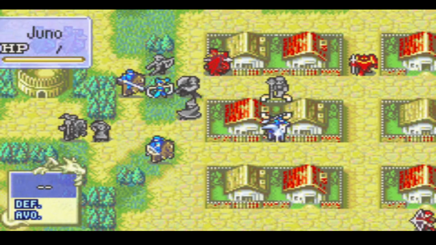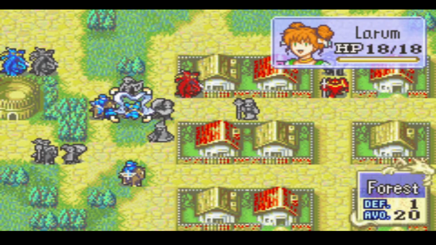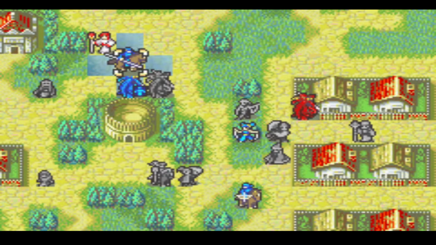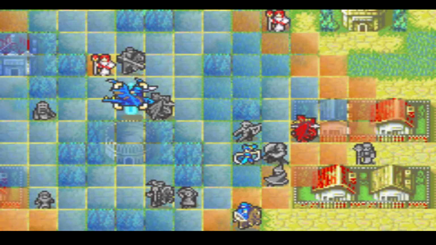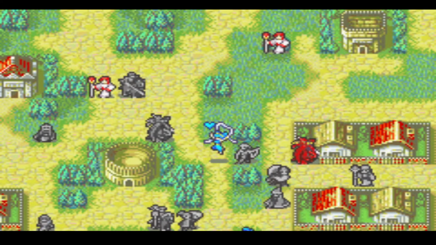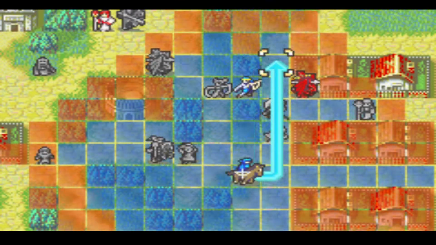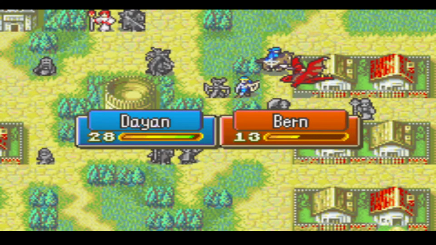He would not be able to do that because of the forests. But first I move Juno over there so that she can actually take a hit from that Armor Knight, and so that's why I full move her to be in range of the armory. Next, I just start the Bard train, but then I think I just wanted to kill the Wyvern first,